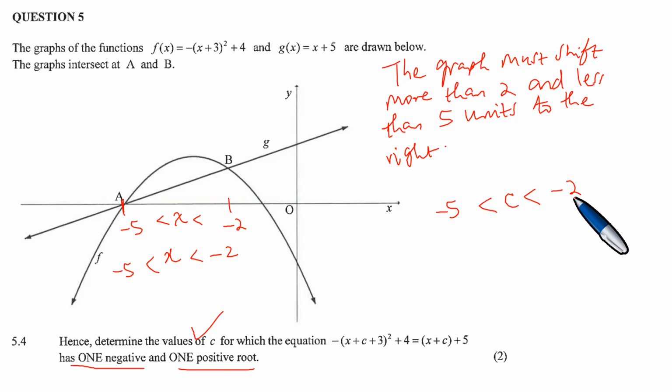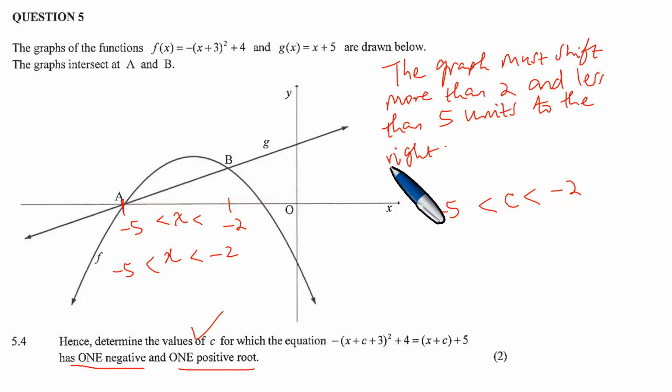Okay, that way. Because if this here has one negative and one positive, we understand therefore that these two are equal to each other. So if the graph must shift more than 2, because it is at -2 here, so it must at least shift more than 2